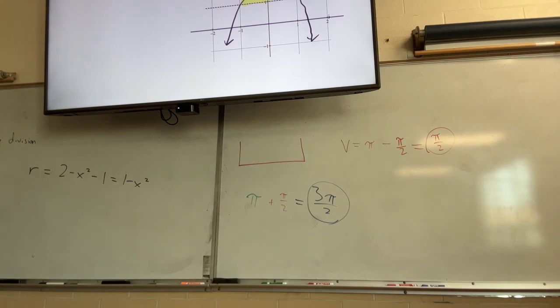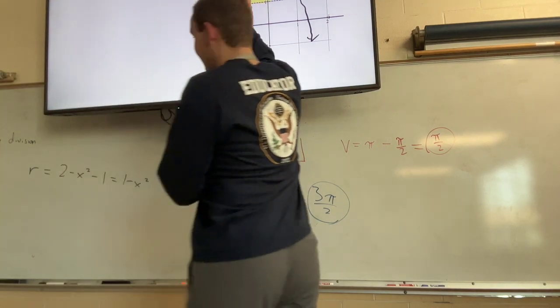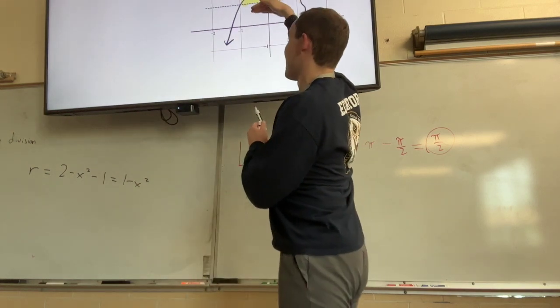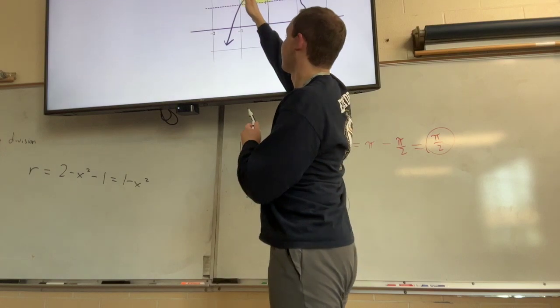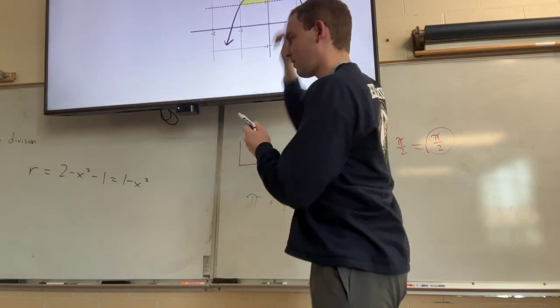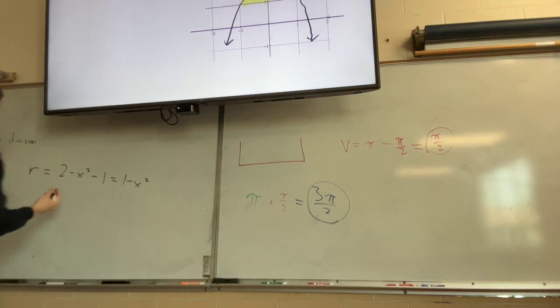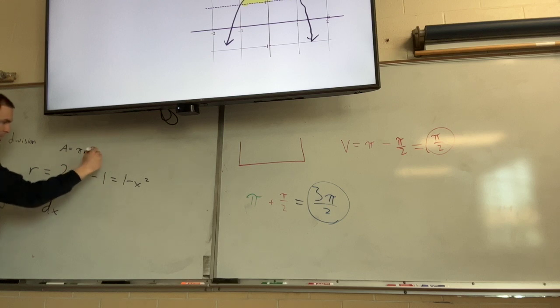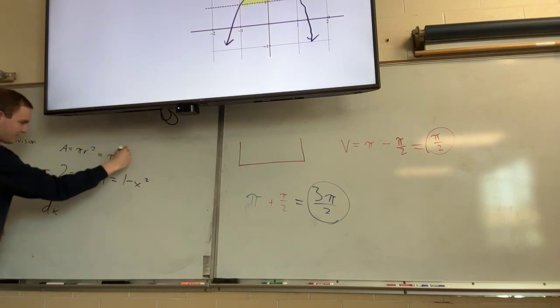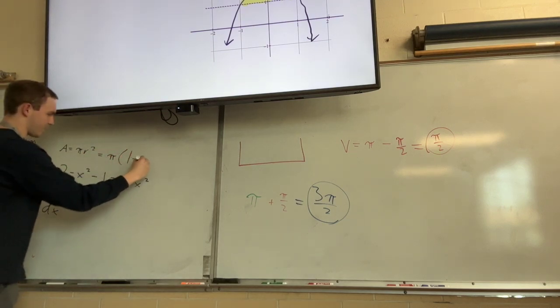This time, are my circles stacked side by side or top to bottom? Side by side. See that? So my integral is going to be with respect to dx. Why is that good news? We don't have to fiddle around with the function at all. So my area is pi r squared, which is just pi times 1 minus x squared